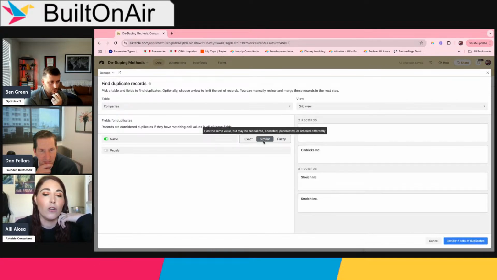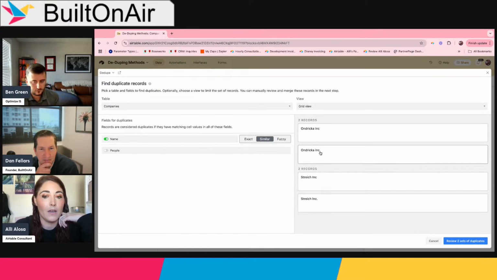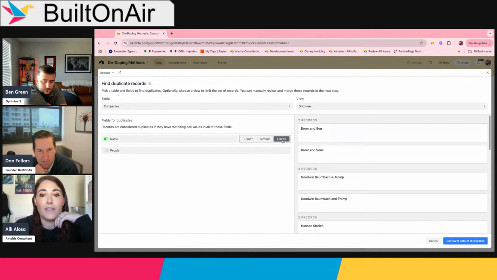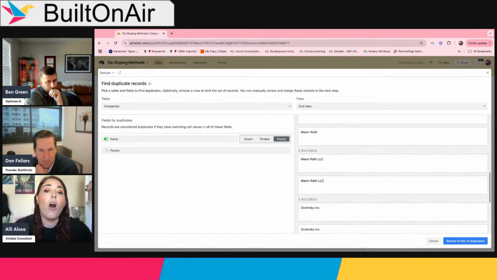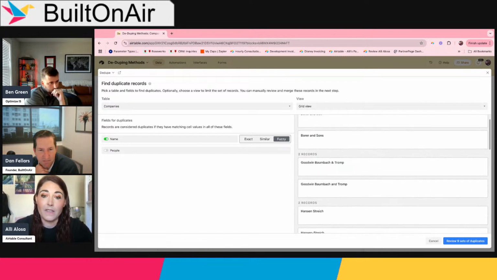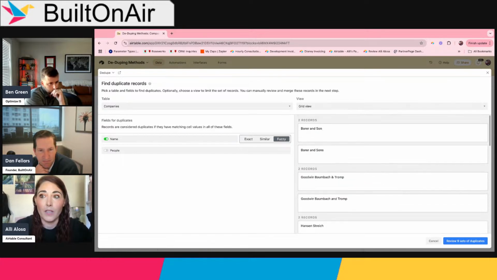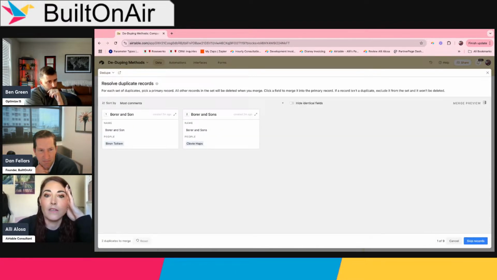But the great thing about this dedupe extension is that you can change this to a couple different levels. I could say, look for similar, and that's going to pick up these two. One has a period on the end of Inc and the other does not. And then I can also use fuzzy, which is actually going to pick up even more. It doesn't grab all of them, unfortunately, but it's going to get you started in a really strong way, which is really nice. So if I hit review 9 sets of duplicates,